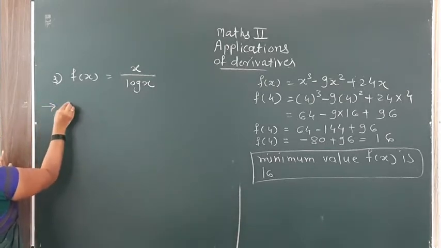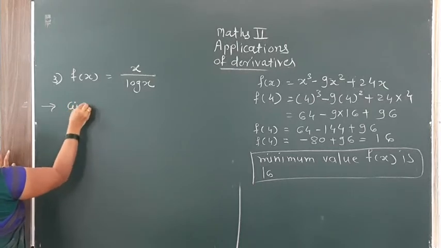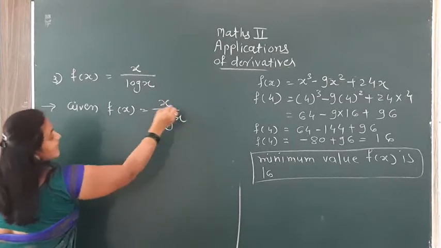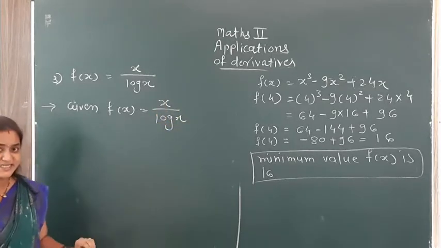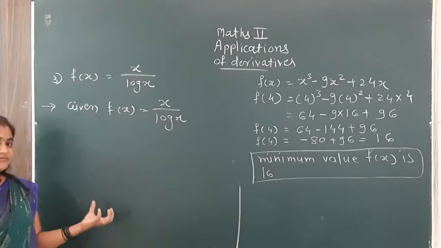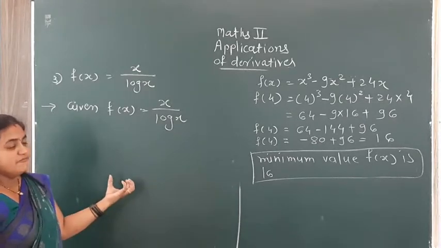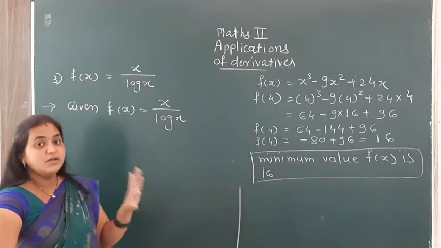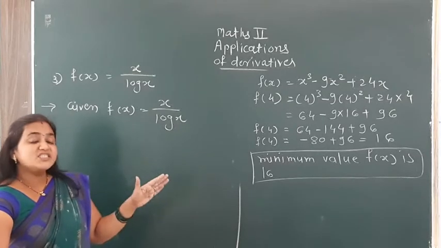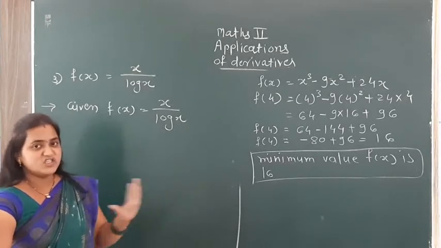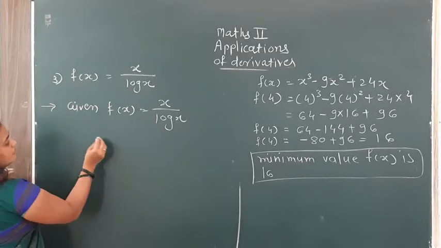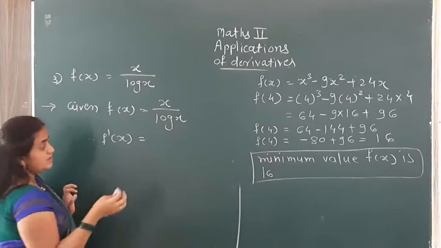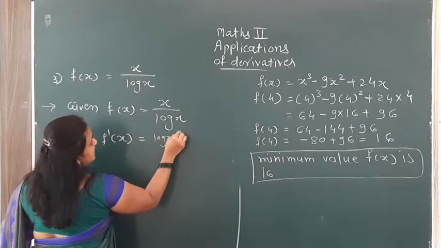So whatever example is given, we first find the first derivative, then find the second derivative, then find the extreme value when f dash of x is equal to 0. And whatever root we are given, we put it in f double dash of x. If f double dash of x is less than 0, the function is maximum. If f double dash of x is greater than 0, then the function is minimum. So same procedure. First we find the first derivative. We can apply the u upon v rule here. So log of x, derivative of x.